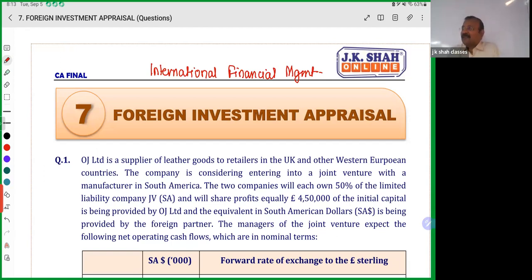But the thing was, in capital budgeting, whatever sums you solve, the projects were all in India and the cash flows were all in rupees. But now, supposing you are an India company and you are considering setting up a project in the US, then the primary cash flow of the project will be in dollars or rupees? Dollars. But you are sitting in India, you will evaluate it in rupee terms, right? Which means,